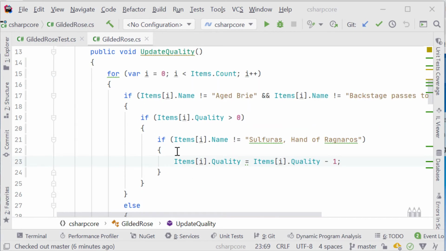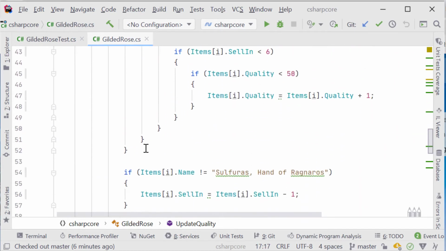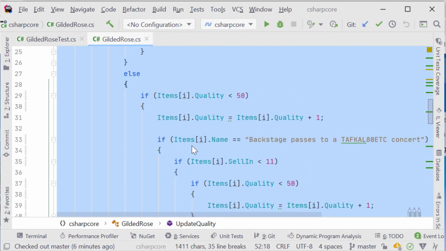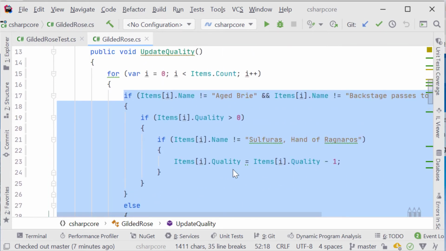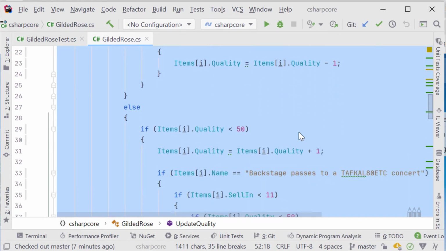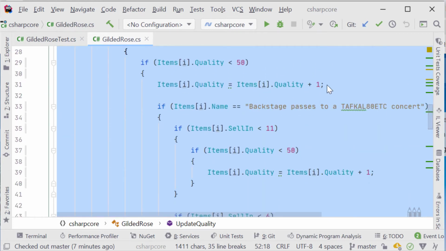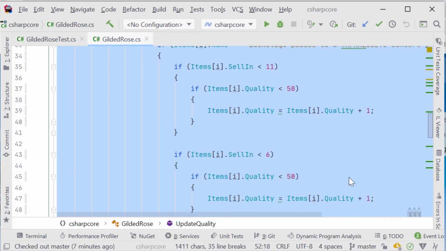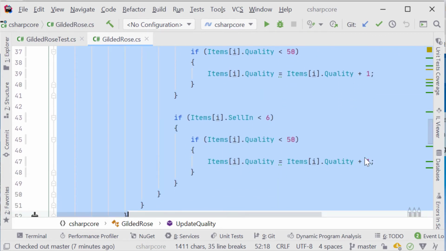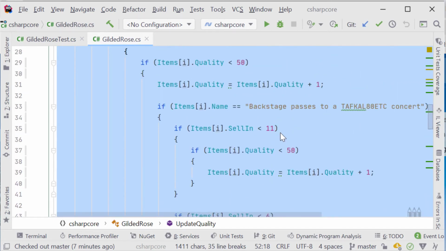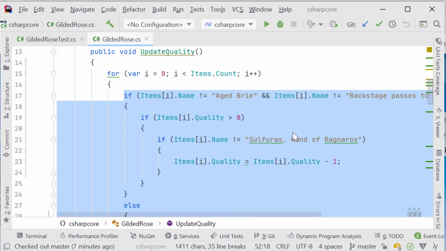So to actually do the refactoring, we can start by marking the first part, the if-else statement. This code deals with updating the quality of the item. You can see here that it updates quality with -1, and we can see further down it updates the quality with +1, and the same thing down here, and still working with the quality. So it seems that this part of the code deals just with updating the quality.